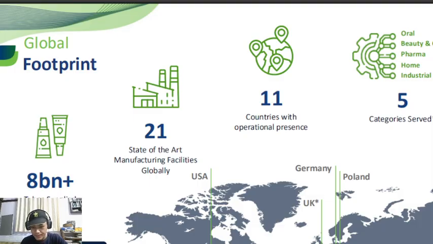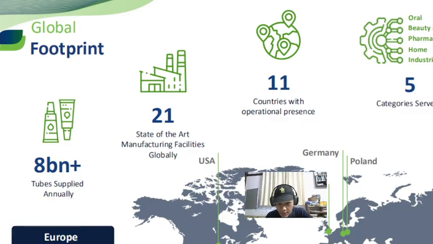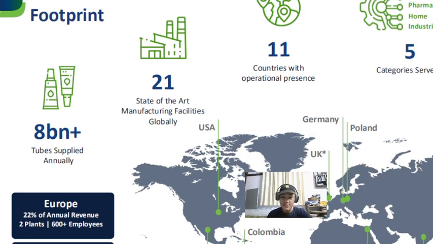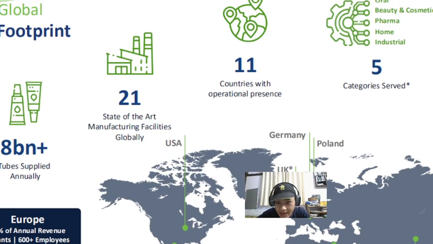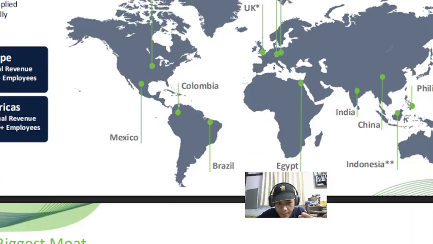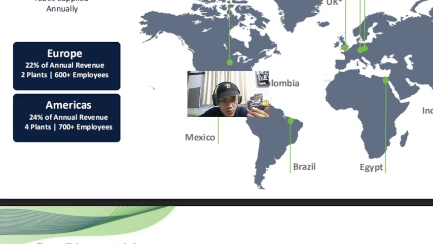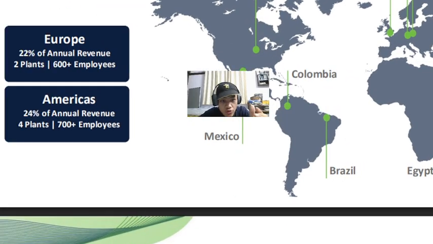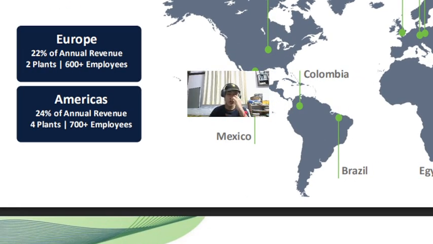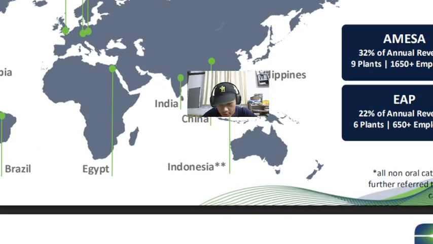Okay, the global footprint. So, again, 8 billion tubes supplied annually. They have state of the art manufacturing facilities globally, 21. Categories served, you already saw this: oral, beauty and cosmetics, pharma, home, industrial. All right. But the revenue comes from pretty diversified sources overall speaking. Europe contributes to 22% of annualized revenue. So we saw revenue was around 4,200 crores. So around 22% of the revenue comes from Europe,